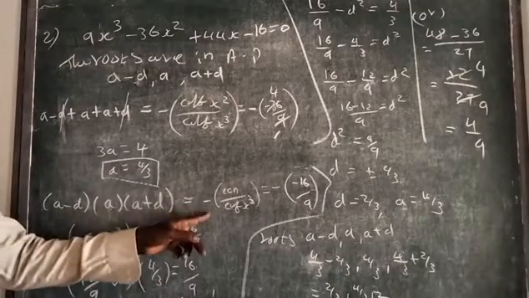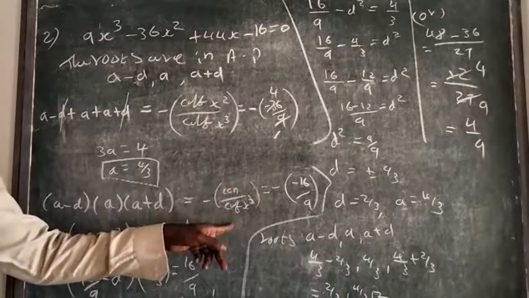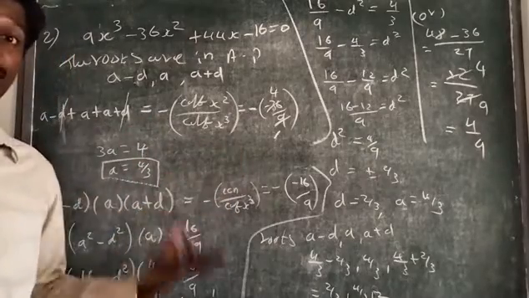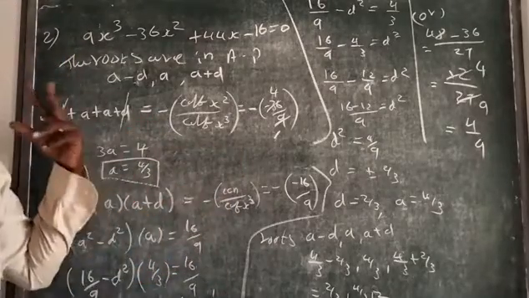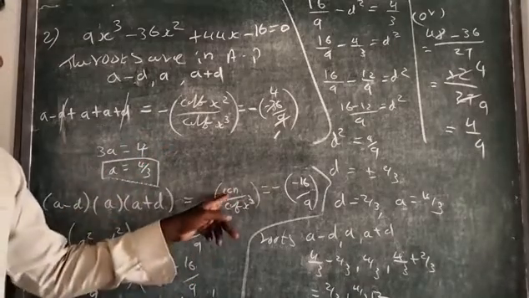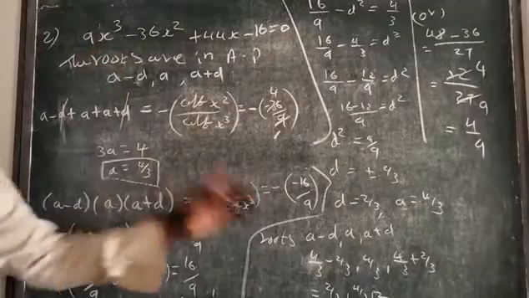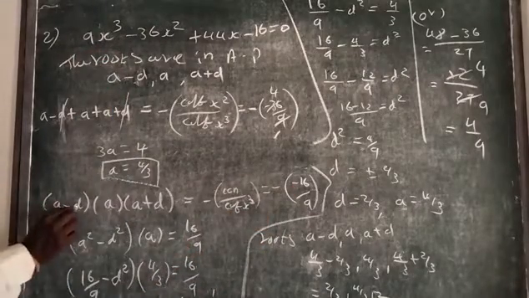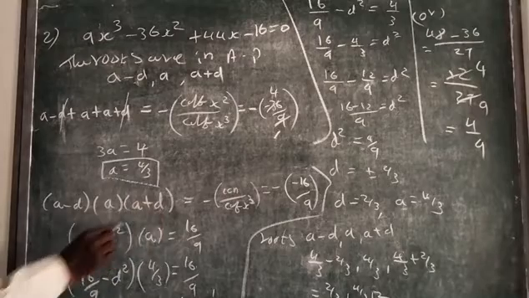For that, write minus the constant term by the coefficient of x cubed. Don't write the coefficient of x by the coefficient of x cubed here. So please think and write in that place. Now minus and the constant term is minus 6 by 9, so minus and minus become plus 6 by 9. I mean, multiplying a minus d and a plus d gives a squared minus d squared.